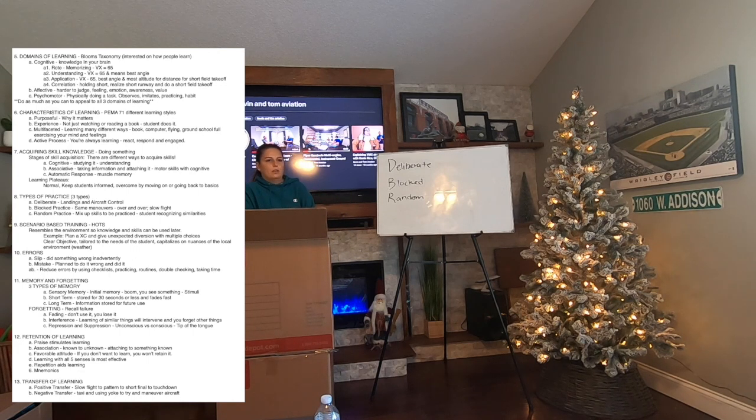Blocked would be something more like going out and doing 1,000 short field, soft field takeoffs. And that's great, but in those weather conditions, you're only learning it for that day. So with block practice, after the first 4 or 5 times going around the pattern doing a soft field or short field landing, you're not really paying attention to anything else. You're just going through the motions, and you're learning how to do that maneuver for that day. Weather is always changing, and you've got to keep that in mind when you're training students.